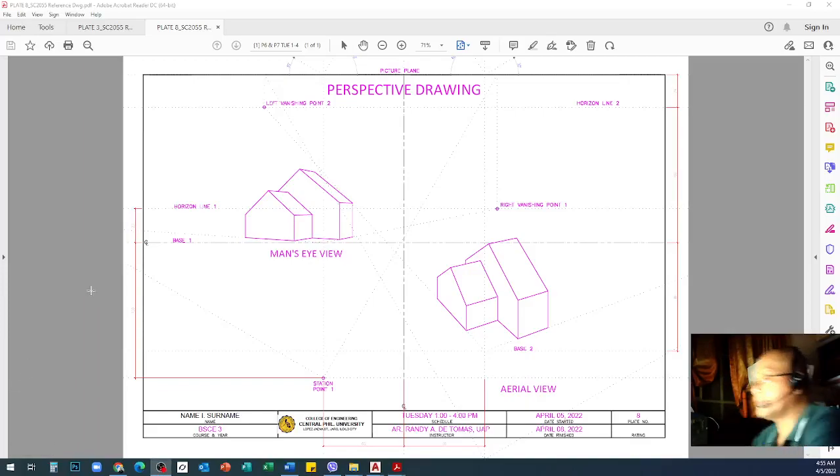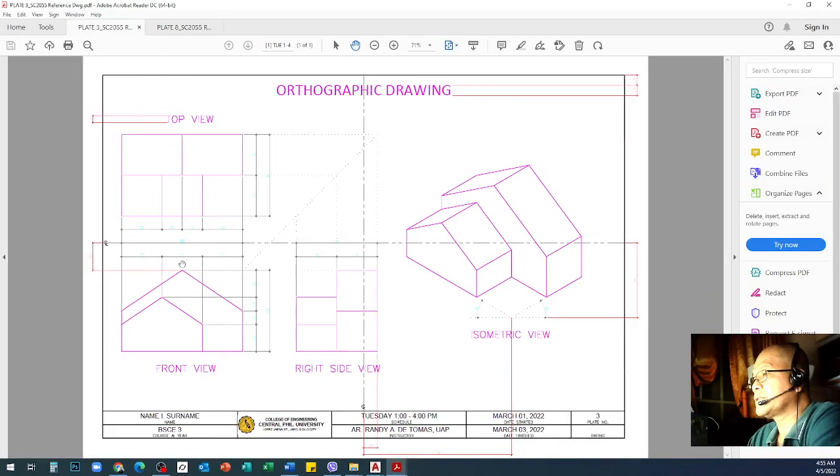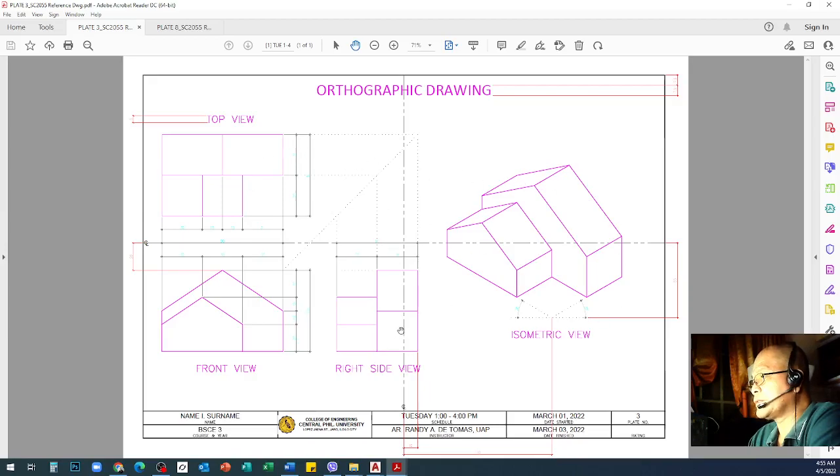Okay, good day everyone. Today I will be doing a demo for your reference for plate number 8. As you recall, if you check your plate number 3, which has a content of an orthographic drawing, which is exactly this one. So here you apply the three views: top, front, and right side view, including isometric view. This time you will use this plate as a guide or reference for your plate number 8, which you will